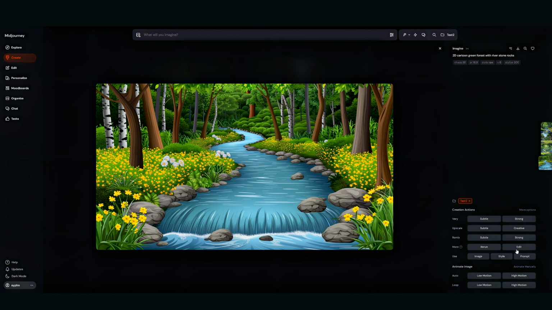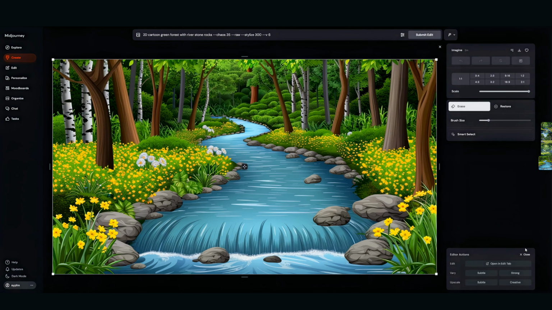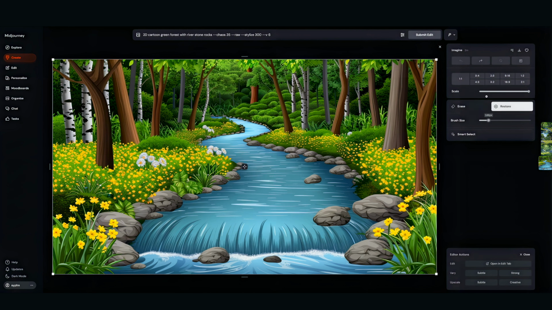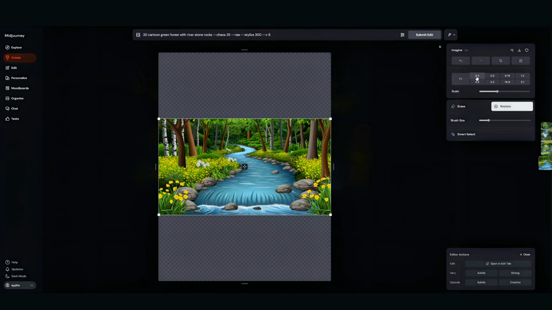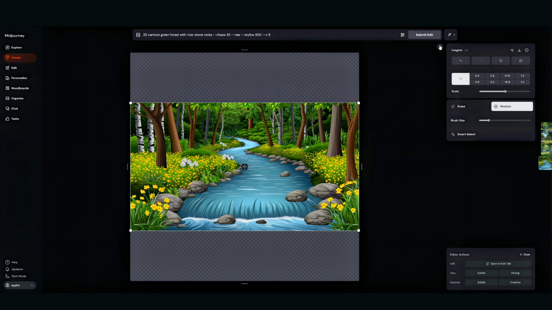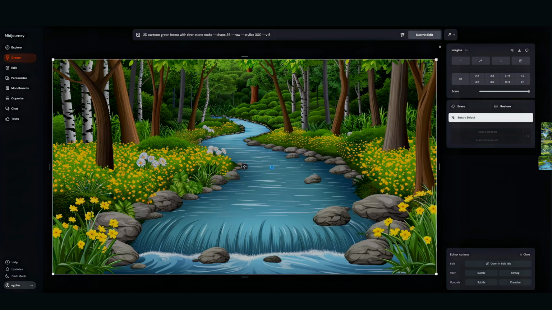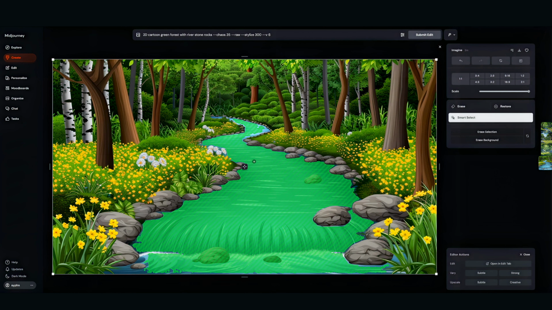More. You can do a rerun or an edit. If you go into the edit mode, which I'll show you real quick, you can erase things from the prompt like you would in Photoshop. You can restore things. You can change the size of the image. A lot of cool features. You have a smart select tool, which allows you to, for instance, select the river, and then you can specifically tell it to delete the river or change the color of the river. It's whatever you're looking for. This tool is incredibly versatile with helping you create exactly what you want.